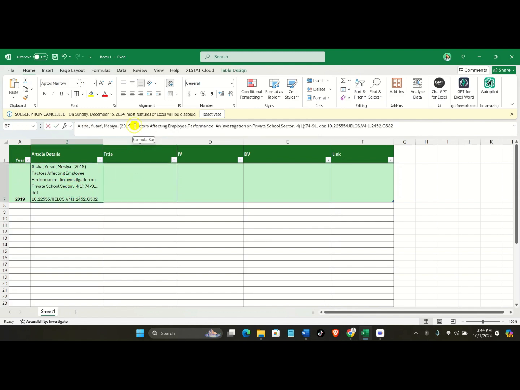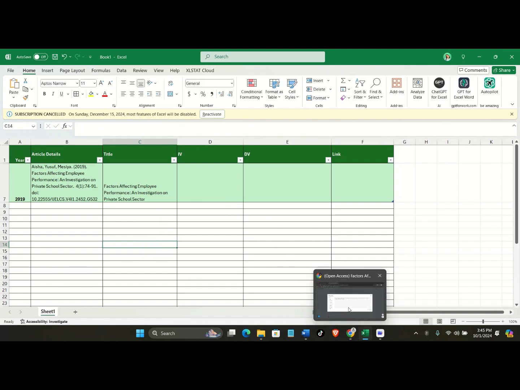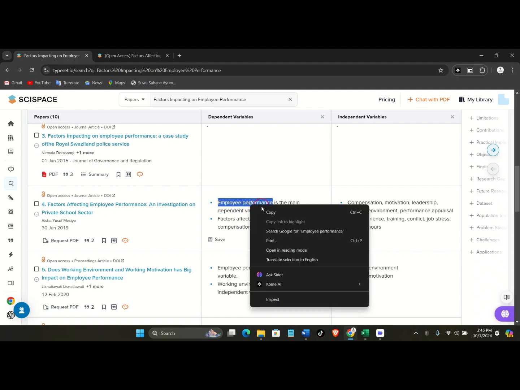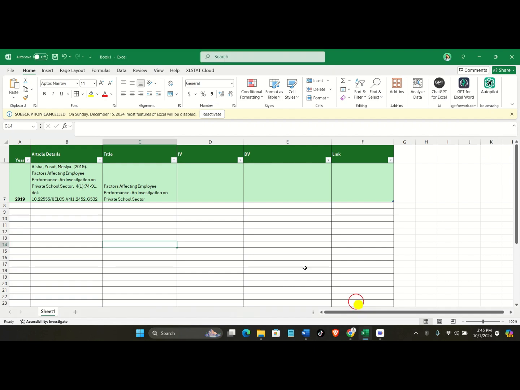So what I'm doing, I'm copying this research title and pasting it here, and again going to SciSpace, to our table. Here, the dependent variable shows employee performance is the main dependent variable, and factors affecting performance include compensation, motivation and leadership. So it says employee performance is the main dependent variable. I copy it and paste here,